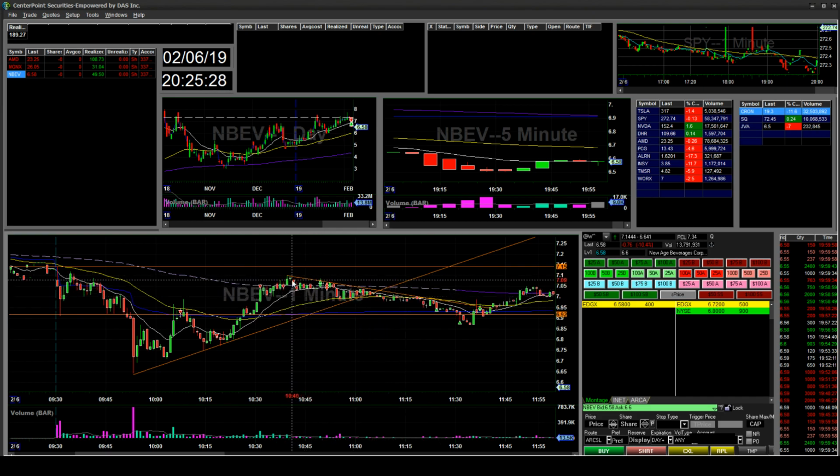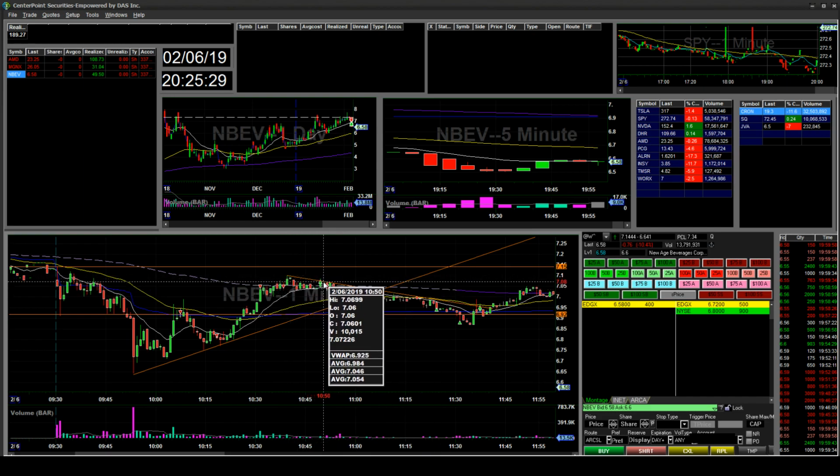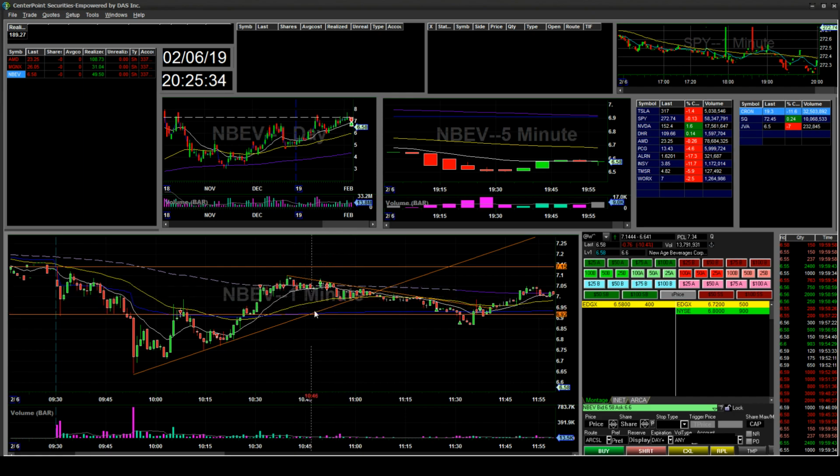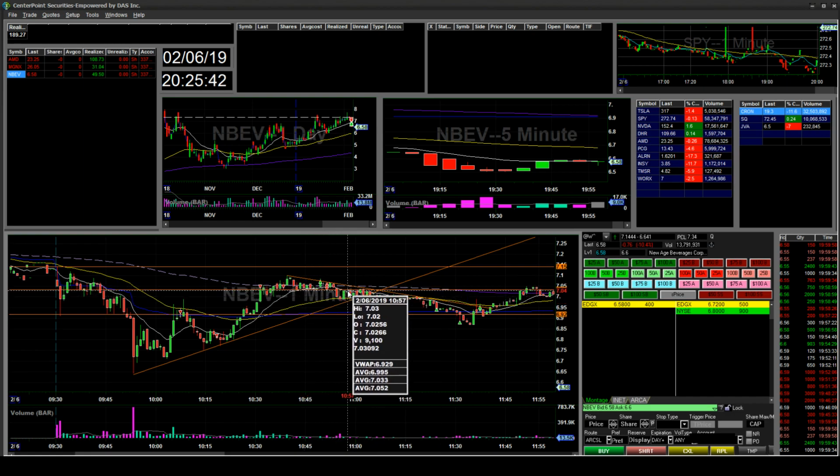I saw this little spike here, and I actually sized down a bit around that area, and then when I saw this spike fall, I added more shorts and held through it, and then the support here became resistance when it cracked this, and